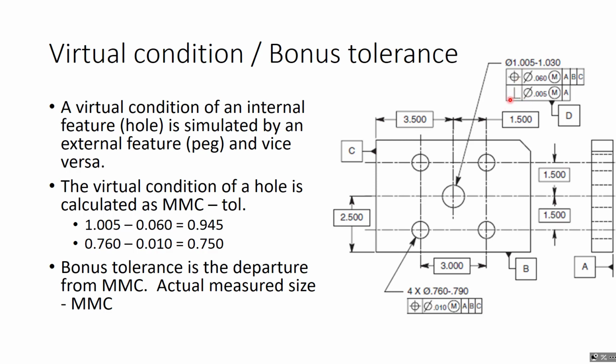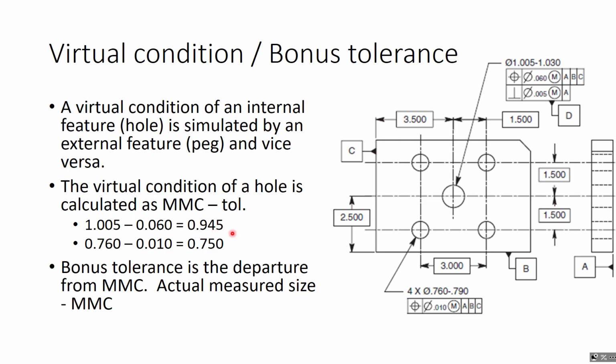For perpendicularity, the only reference is the back face. So this gauge is just going to be a smaller flat face with a peg. And that peg is also going to be the max material condition minus the tolerance. So 1.005 minus 0.005. So you'd have a 1-inch diameter peg just associated with the bottom face to verify whether you've passed perpendicularity. So 1 inch to check perpendicularity,